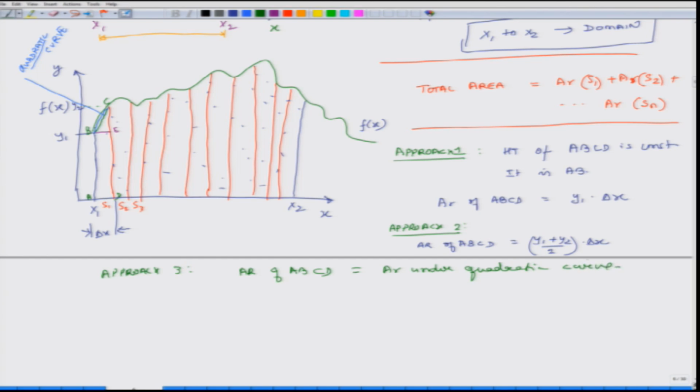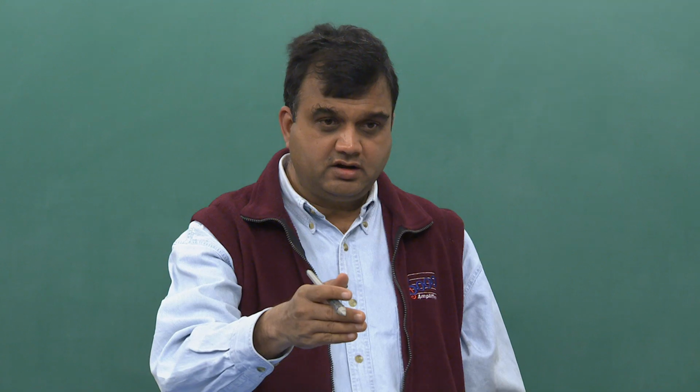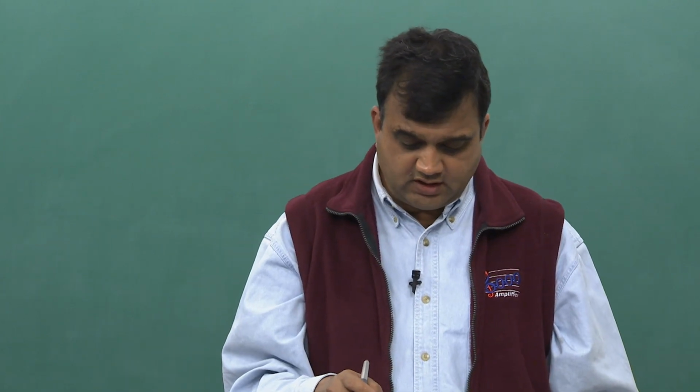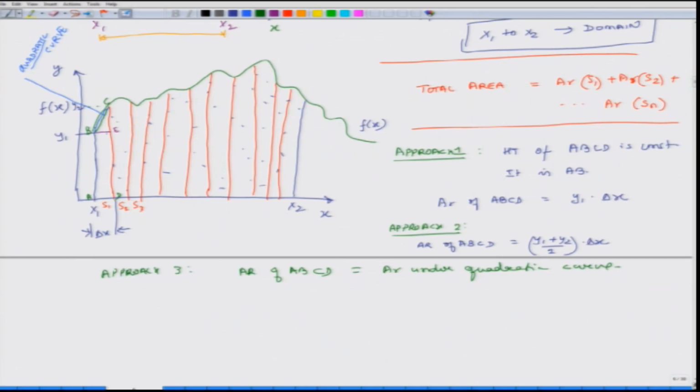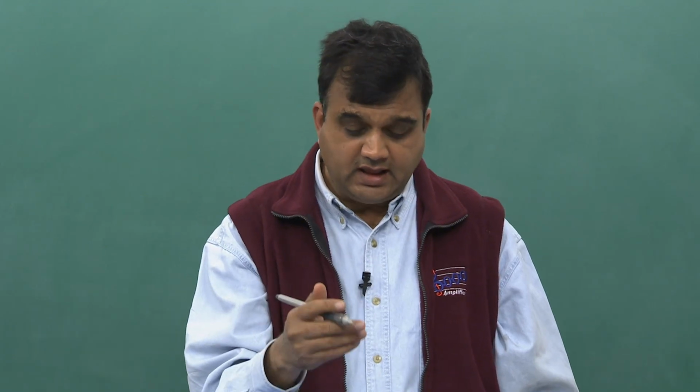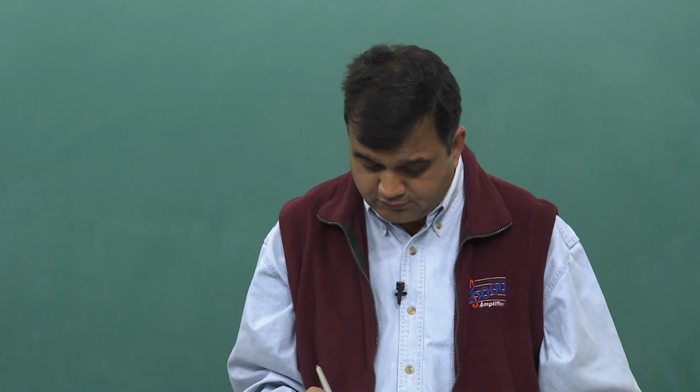So, using principles of geometry I can develop the equation for this quadratic curve easily, right, and then I can integrate that quadratic equation between limits x1 and x1 plus delta x and I can get that area. So, what happened to my error? It went down further. Then I will say that okay, approach 4